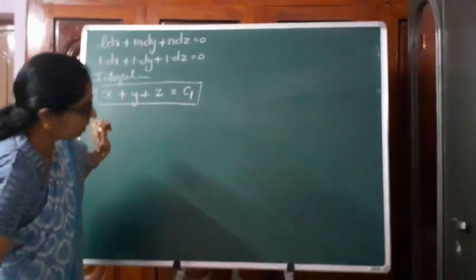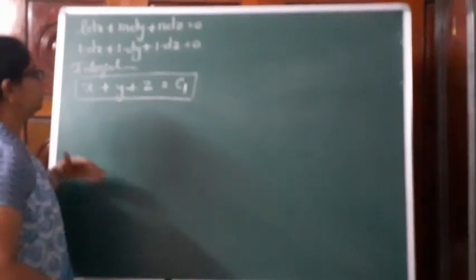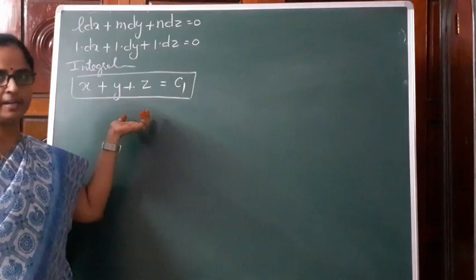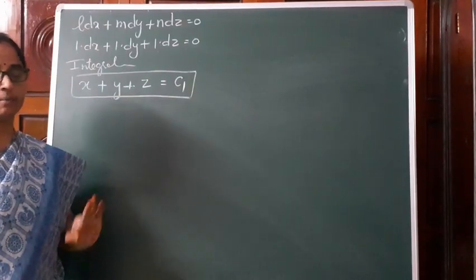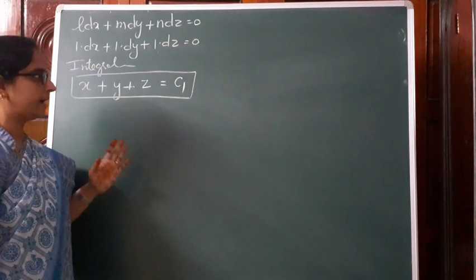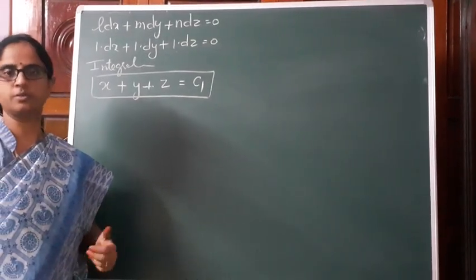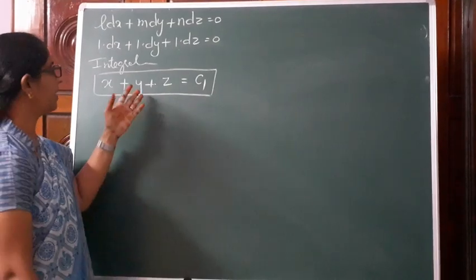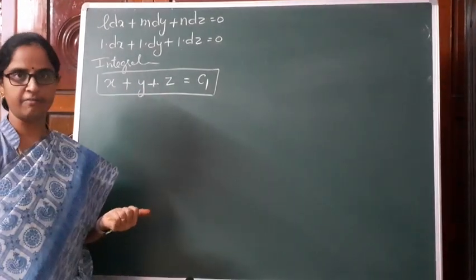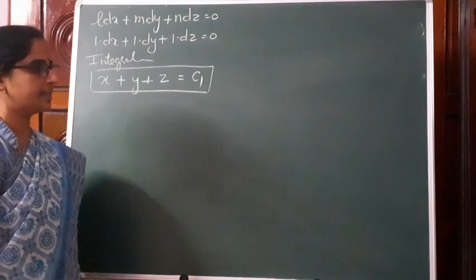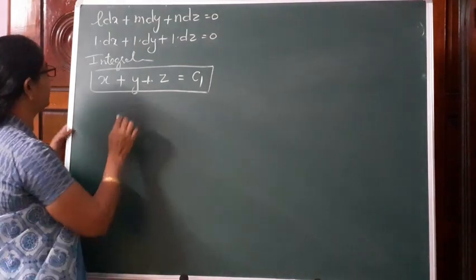Don't worry if you do not get the set of multipliers immediately. Upon practicing you will definitely get it, but you need a lot of practice. You solve several problems. You have several textbooks with you. Solve several problems. So finding multipliers is not at all difficult, but you need practice. I am stressing that sentence again and again.